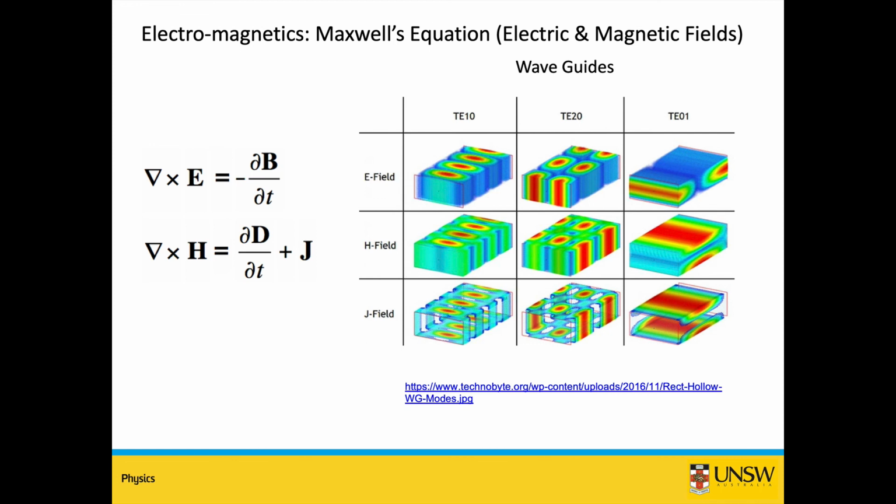And if you solve these equations, for example, in particular structures, sometimes called waveguides, which are a kind of small wires, you can have an electromagnetic wave propagating through these wires, and they trace out different functional forms of the electric and magnetic fields, some of which are shown in this figure. You can see the electric field distribution in the first row of this table, and the magnetic field distribution in the second row. And you can see that they trace out different patterns, and again they occur in different modes. The modes are kind of equivalent to the different eigenenergies that we get in the Schrodinger equation, but this is for optics or photonics.